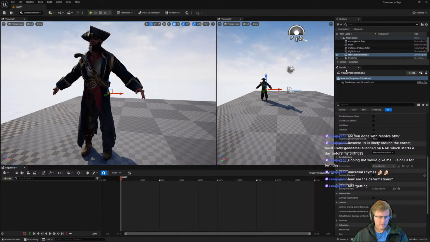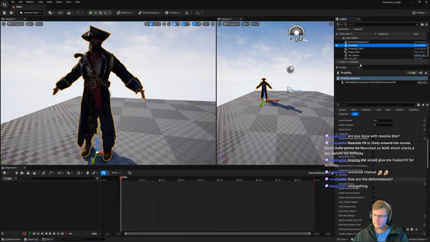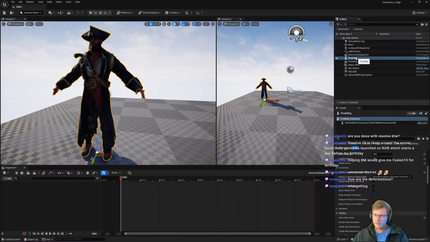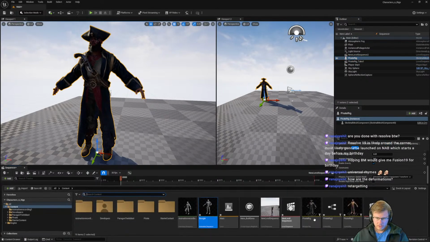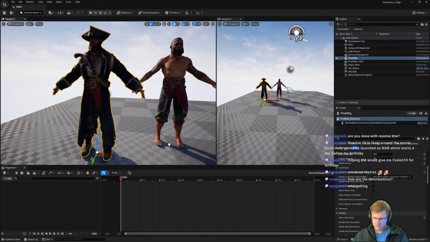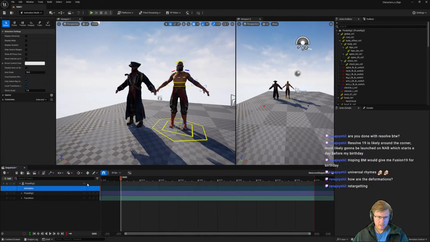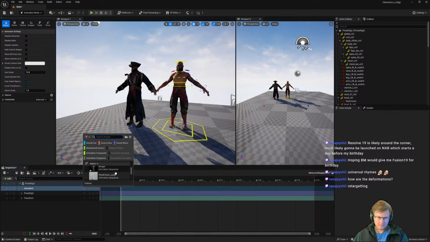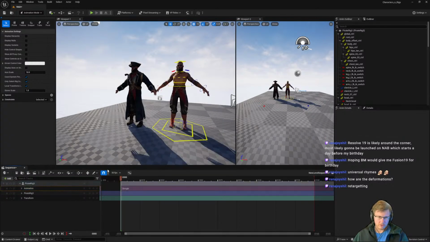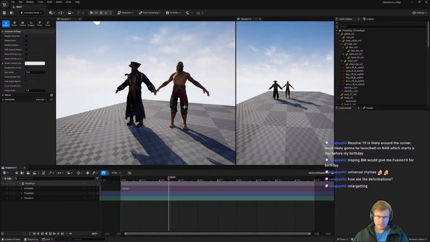Because you'll see if I add this in, pirate rig. So we bring pirate rig 3 in. So it's here, and then the animation is here, right? It's boogie, it shows up. And if I play it, you'll see it kind of, see?